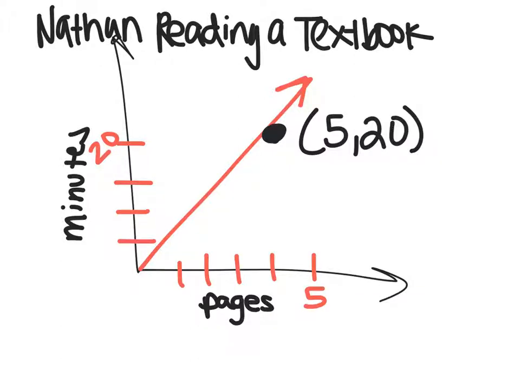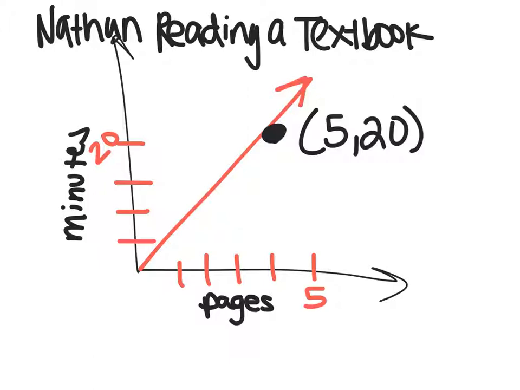The first thing you're going to be asked to do on the quiz is interpret a point from the graph. So this is a graph showing Nathan reading a textbook, and we've pulled from it the point (5, 20). What does that point mean? Well, we've gone over 5 and up 20 to 20 minutes, so the point (5, 20) means that he read 5